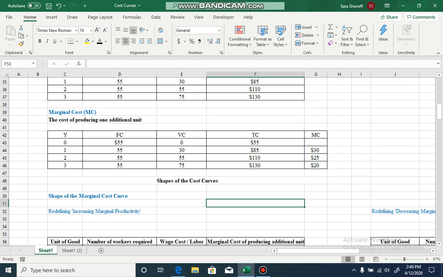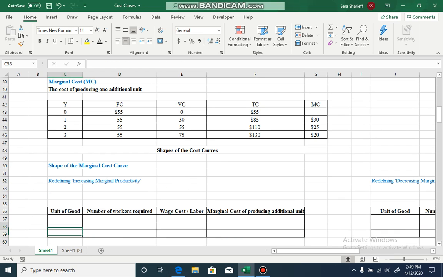Now what we have to do is learn the shapes of the cost curves. We learned the shapes of the product curves. Now we have to learn the shapes of the cost curves. The first cost curve that I'm going to draw is the marginal cost curve, right? Acha, now you might recall that when I started short-run producer theory, I told you that the most important concept taught in short-run producer theory is marginal productivity. And I said the reason why it's so important is because all the curves that we draw are drawn using the concept of marginal productivity, increasing marginal productivity, decreasing marginal productivity, right?